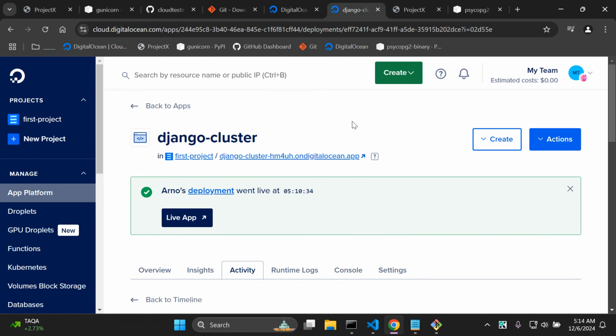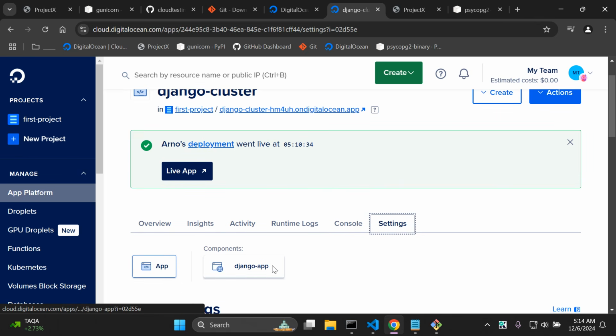Right, so we can head on back. All right, perfect. So now let's go ahead and set up our static files. Now, what we would need to do is to create another component. So if we click on settings here and scroll down, you can see for our app, we have one component, which is a web service that we named Django app. We want to create another component that's going to deal with our static files. So we're going to have like a static site, sort of a CDN that's going to manage our static